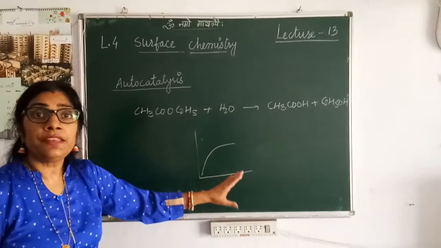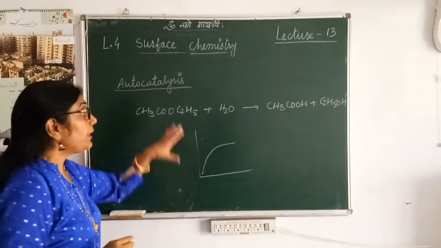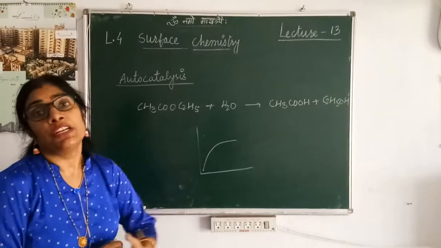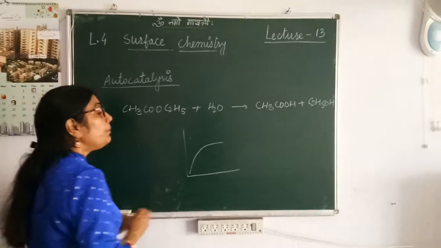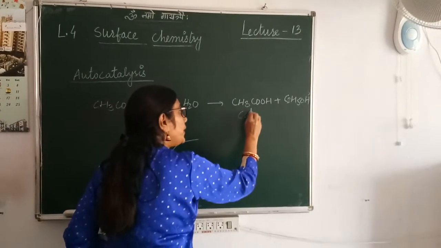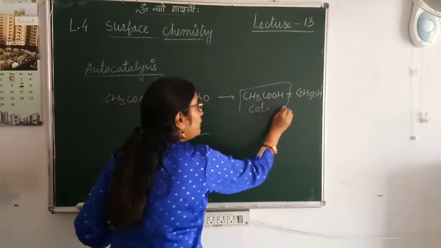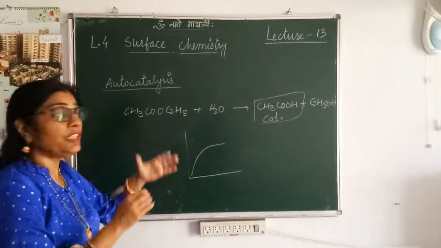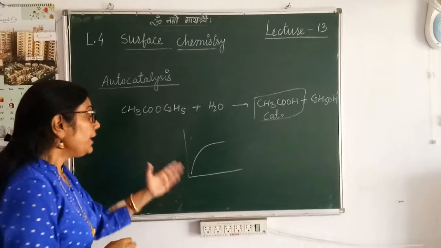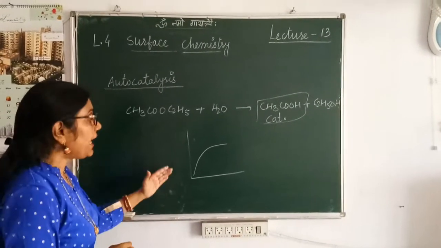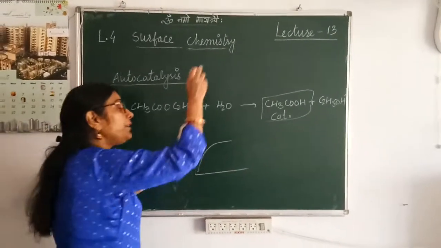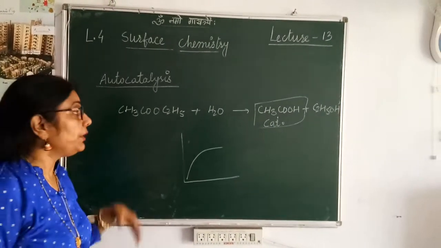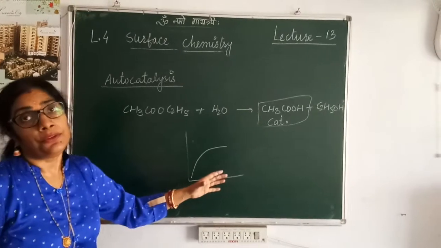This question is given in the textbook questions of NCERT: why is the hydrolysis of ester slow at the beginning but afterwards it becomes fast? Why? Because the catalyst is formed in the reaction itself. This is one of the products. So at the beginning, at t tends to 0, when the reaction has not even started, the rate of reaction is slow. But as time proceeds and the formation of acid starts, then naturally the rate of reaction will increase.